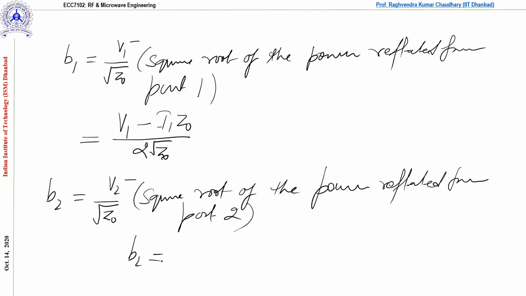So B2 would be defined in terms of the terminal voltage as V2 minus I2 Z0 over 2 under root Z0. However, this is not going to be used actually. We are not able to measure the voltage and current, but at some frequencies, correct, low frequencies, maybe RF, you can check and validate these results. Okay. So the idea is to go the reverse and connect some of the things where we started. Now let us try to understand the S parameter descriptions once again.